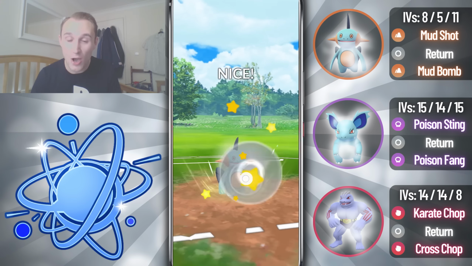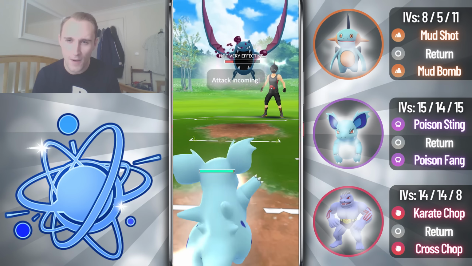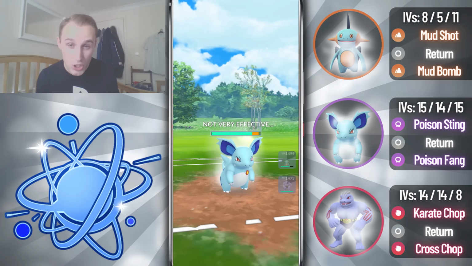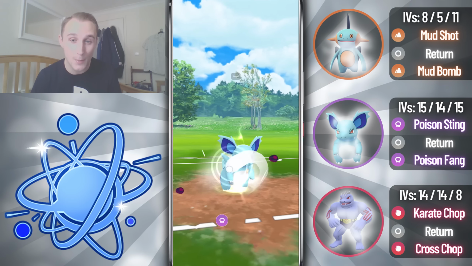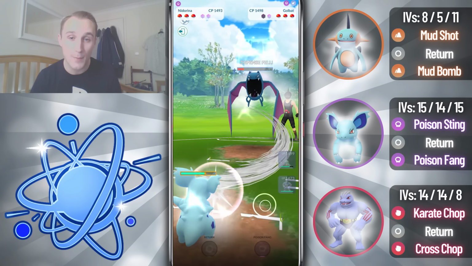My opponent comes in with a Golbat. We don't have a clear answer. Actually, all 3 Pokemon kind of struggle with their fast moves and their regular charge moves, but Return does huge damage. My opponent baits me with a Poison Fang. We're able to catch it on the Nidorina, get to our own Poison Fang before they get to a Shadow